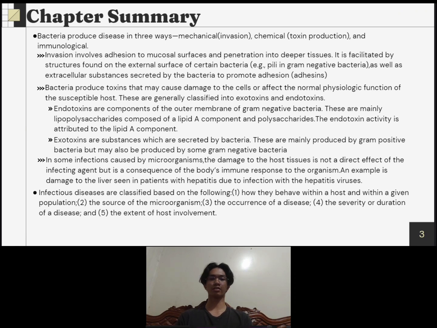Now moving on sa bacteria production. Bacteria produce disease in three main ways: mechanical, through invasion; chemical, through toxin production; and immunological. The first way